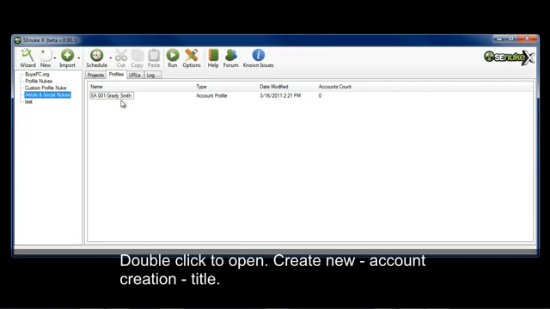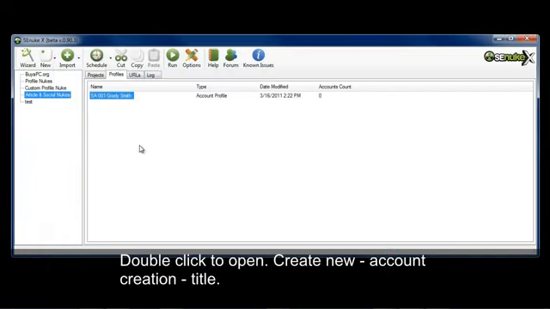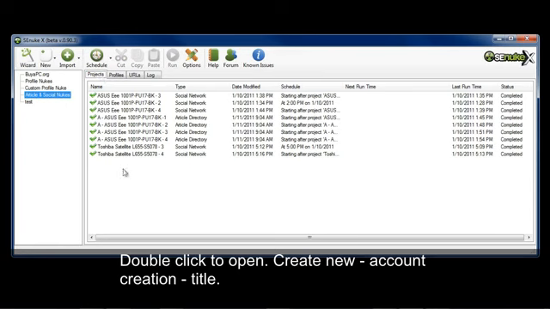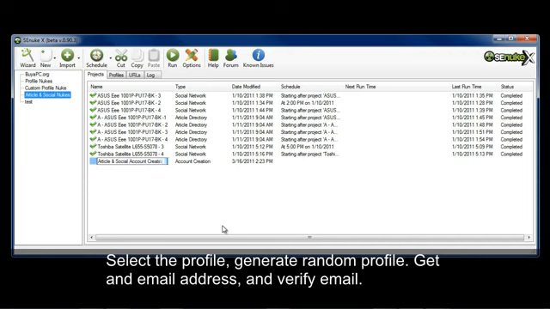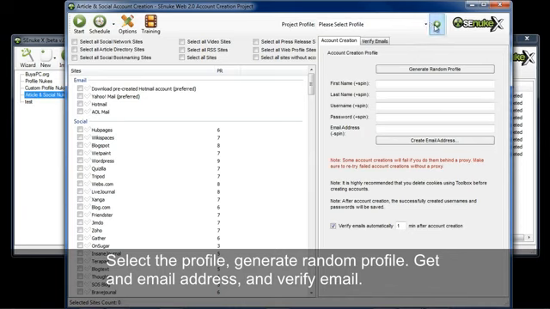So at this point, I can double click to open this, and you can see there's no accounts in here. So now if I wanted to create accounts under this profile, I would just load this under Projects, Account Creation. So I'm going to hit New, Account Creation. I'm going to call it Creating Article and Social Account Creation. So now I'm going to actually select the profile I just created here, Grady Smith,